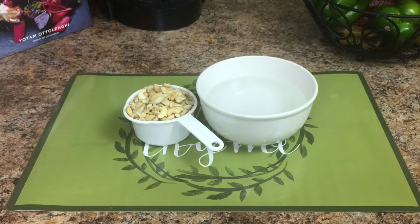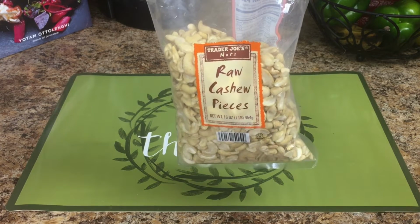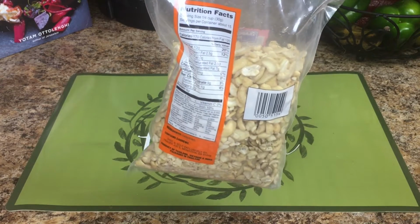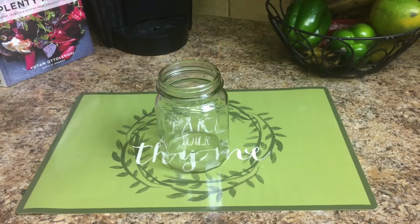So the only thing that you're going to need for this recipe is 1 cup of raw cashews in a bowl of water. You'll want to soak those cashews either overnight or in some really hot water for a couple of hours. I do prefer to use the raw cashew pieces just because I feel like it cuts down on the soaking time. Once you've added your cashews to the blender, you also want to just add some of the